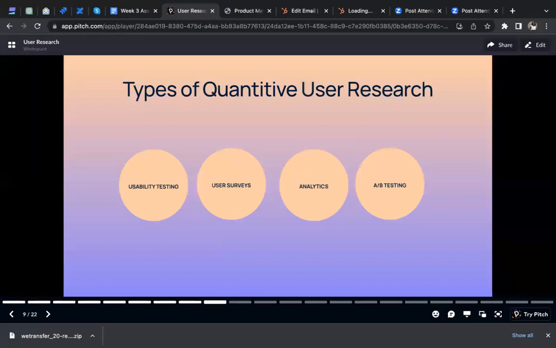And A/B testing is, like the name implies, A or B testing. So you have 2 versions of your product. Then you bring real life users to just say which one do you prefer? So you name one A and you name the other one B. So 2 versions of your product or your service